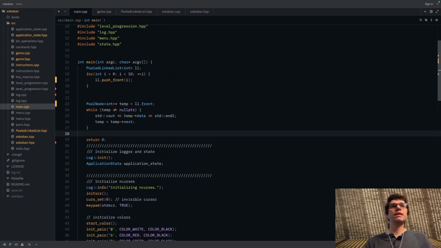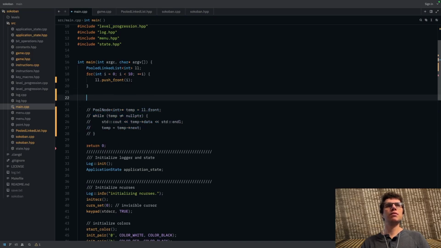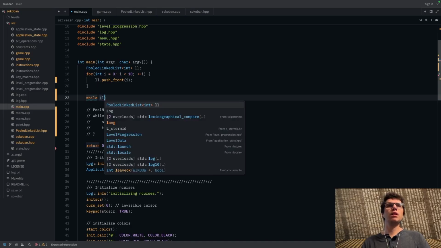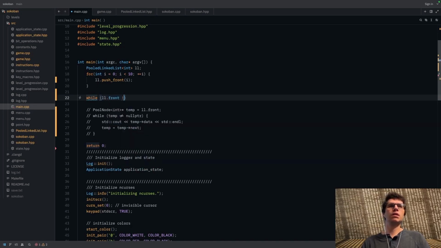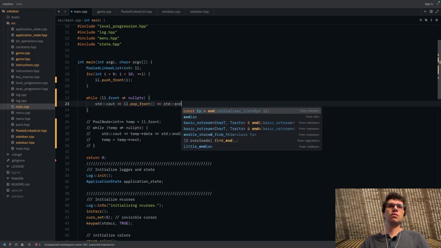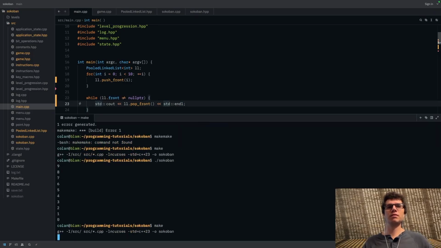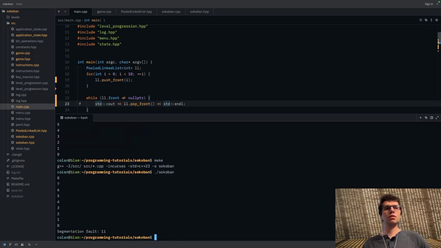So let's go back to main. And what we're gonna do this time is we're gonna actually get rid of this. So while ll.front does not equal null pointer, cout ll.pop front. Looks good to me. Let's run it and hope we don't get an infinite loop. And we don't, we get a seg fault,